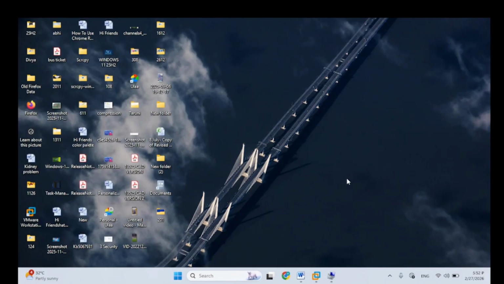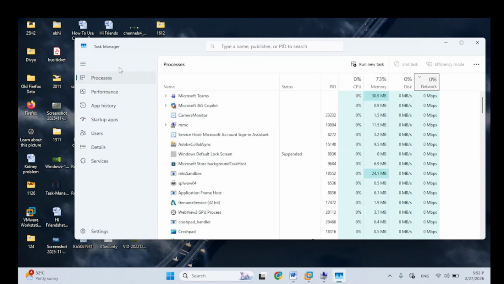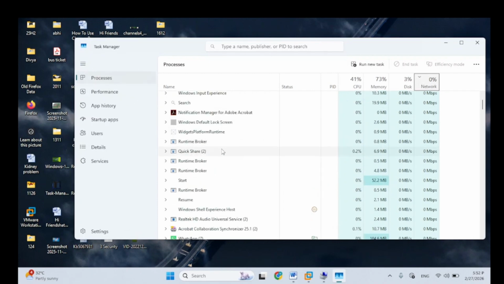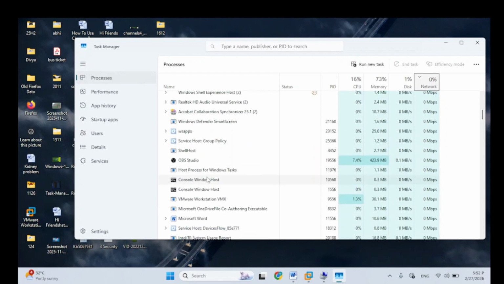And one more thing is you can find the new icons in the task manager. Just open the task manager, and you can find the new icons, like in the process tab. You go to the Windows search,